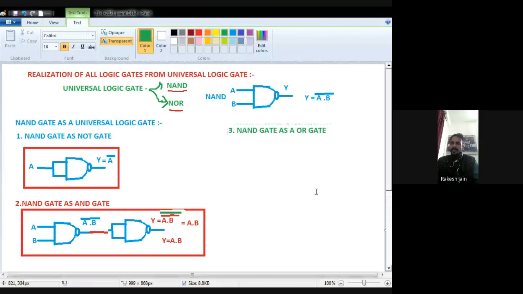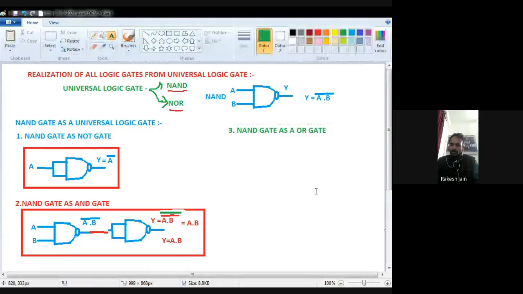Now, first of all, what is the NAND gate? NAND gate is A dot B having a bar. What is the OR gate? OR gate means if a circuitry is such that whose inputs are A and B, then if the output is A plus B, then we can say it is an OR gate, because this is the equation of the OR logic gate. If A and B are the input, then Y, Y means output, Y is equal to A plus B.